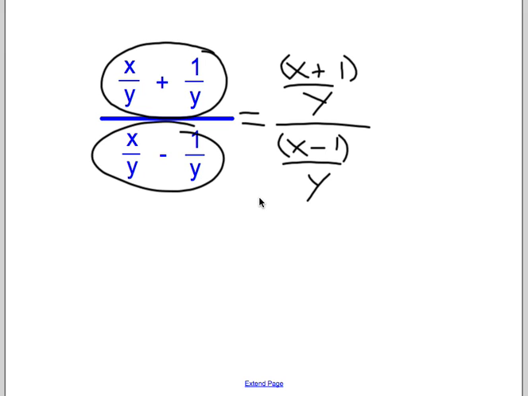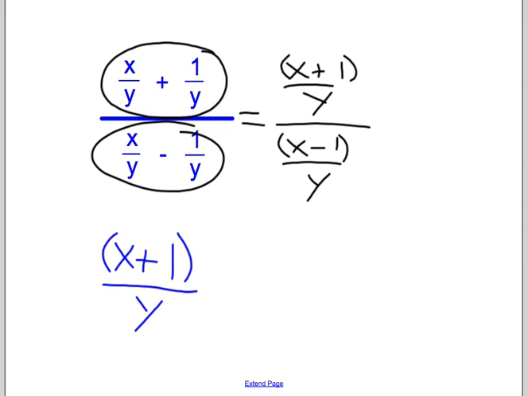They have a common denominator, and we get to this point. Again, putting those addition and subtraction parts together, combined, so that we can make sure that they are not separated for some reason. Now we have a fraction over a fraction, and we can simplify that by taking the top, x plus 1 over y,